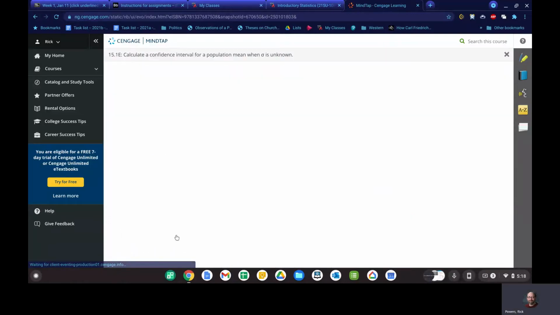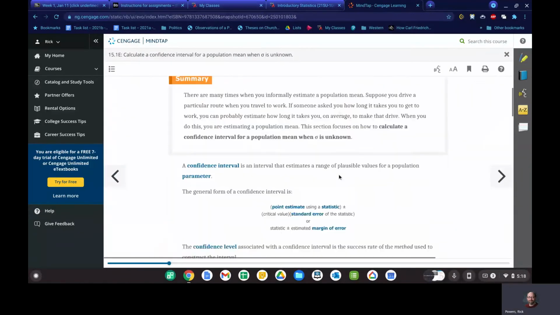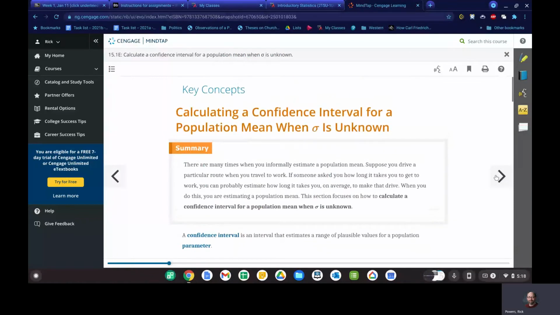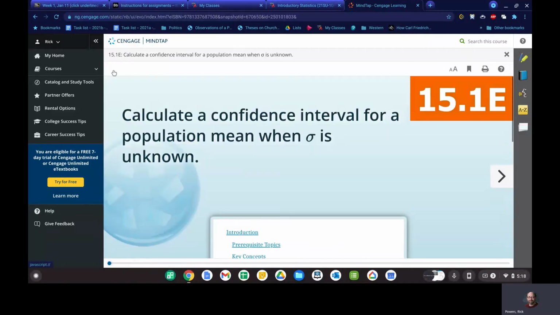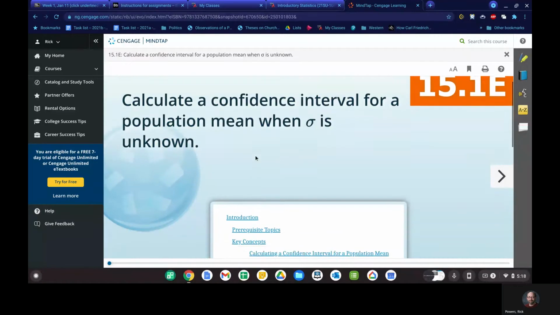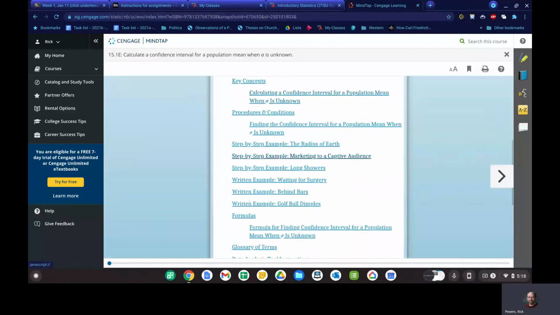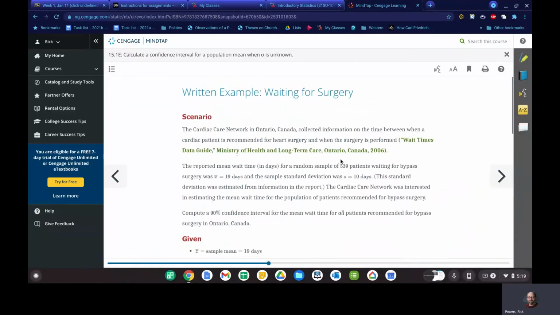Just some more examples of how this works. You have your key concepts. And again, if you want to see the table of contents for this section, you would go up here where these have this little menu symbol. And then it gives you step-by-step examples, where they take you through all the steps, and then also written examples